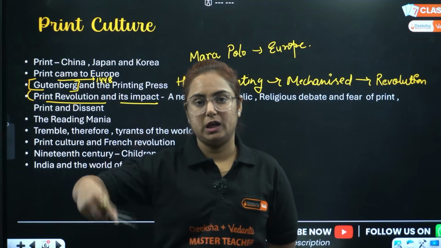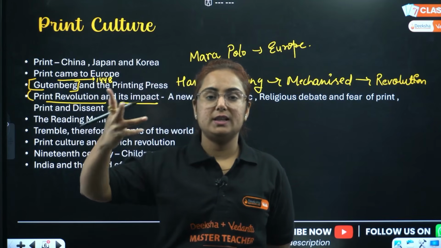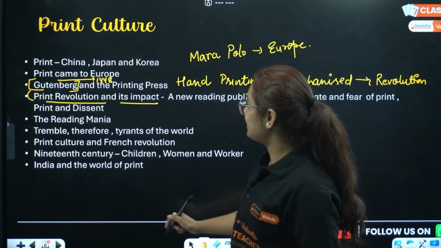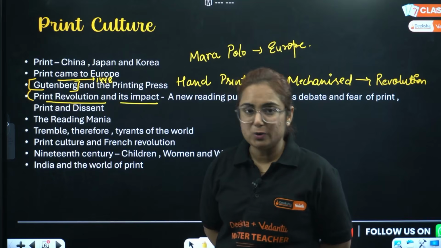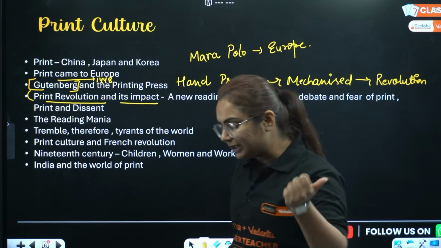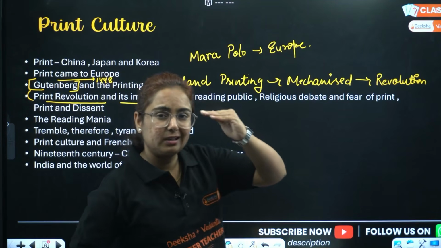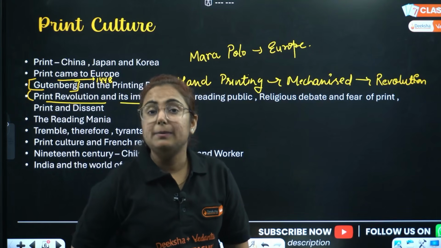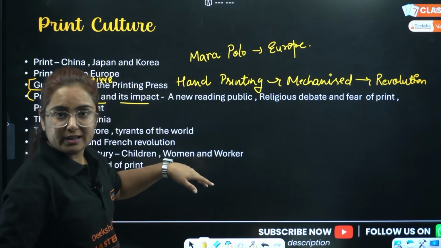Now, a new thing, the revolution, will change the world. Initially books were not entertained that much, but later on they were gradually accepted in society, and then we saw the print revolution and its impact. What happened when there was revolution? A new reading public was there, people who started reading, right? We know that the education system of India and the world was such that the higher class of people were privileged. Now other people also started reading. A new reading public was there. Literacy rate was increasing day by day.